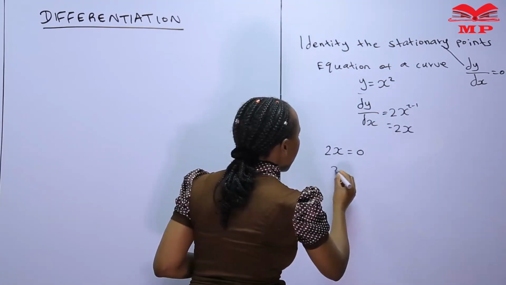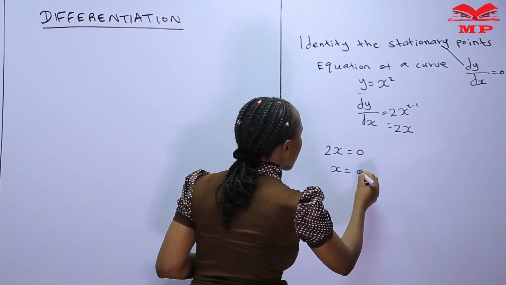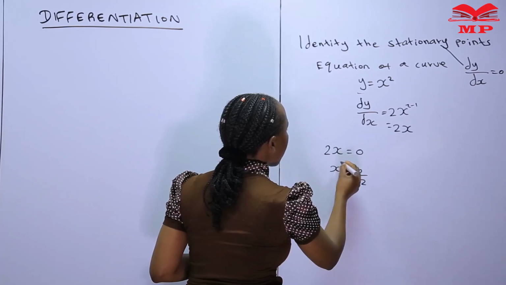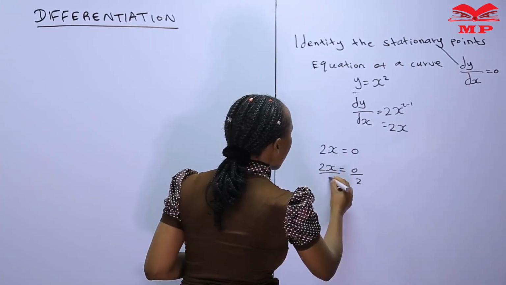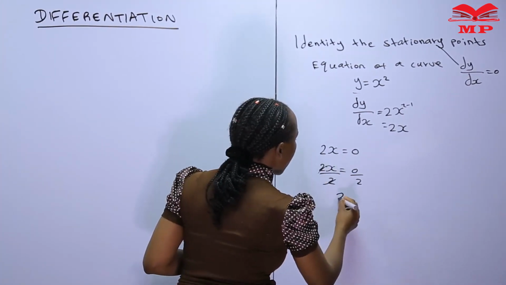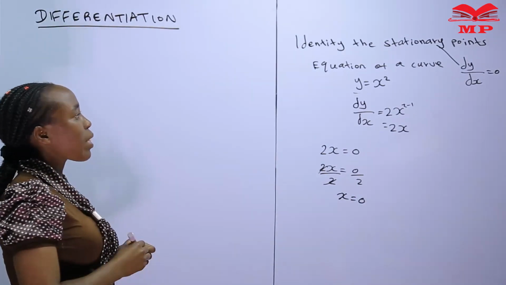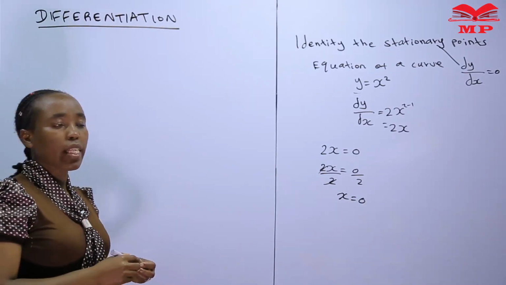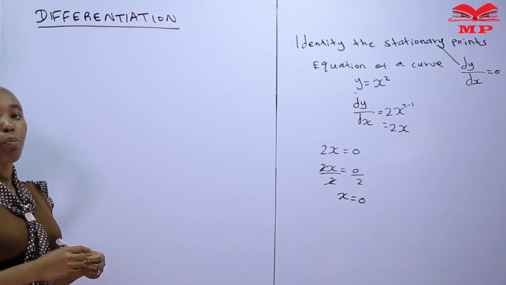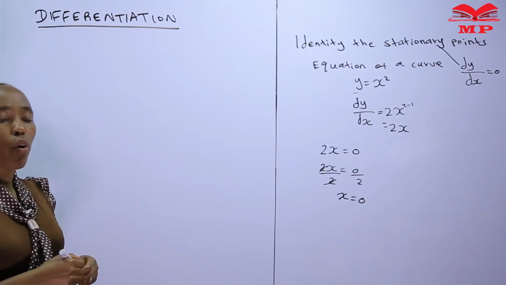So we find that our x will be 0 over 2, by dividing by 2 on both sides. We have 2x over 2, so we get that x is equal to 0. So when you now want to get the point, because a point will be shown by both the x and the y coordinate,